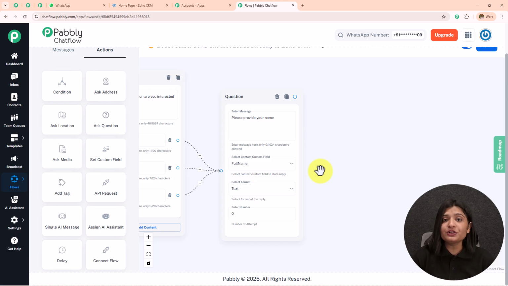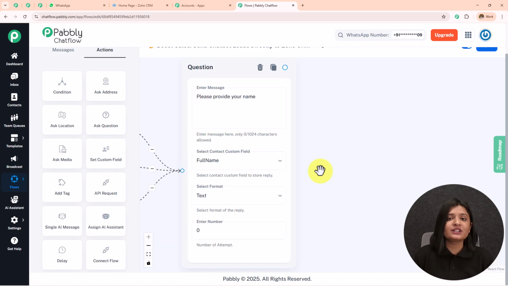It is important to create the contact custom field for all of the questions which you are going to ask the user, so that whenever you receive the answer, it gets saved in this contact custom field. We are going to learn further how we can create this contact custom field. So here I'm going to create the rest of the questions and complete this entire flow,